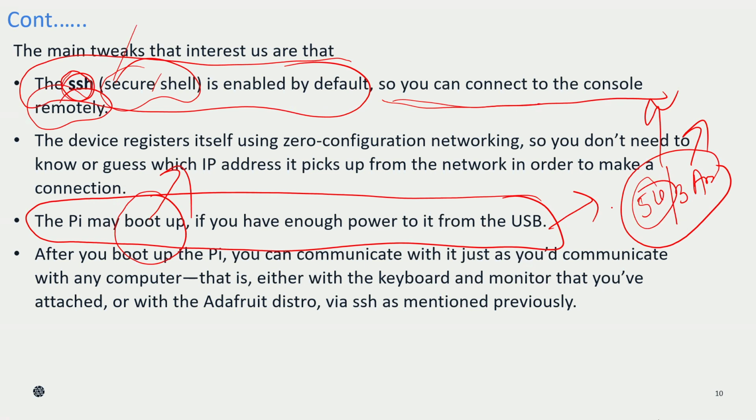Okay, and as I said, when you are connecting the power, you also have to look at how much power you can give. You can also connect with a charger, but don't connect a charger which is providing more than 5 volts or more than 3 amperes of current. If that is the case, then avoid that particular cable or charger to give the power supply to the Raspberry Pi. You can connect directly from your laptop and give power, and you can get your Raspberry Pi to boot up.